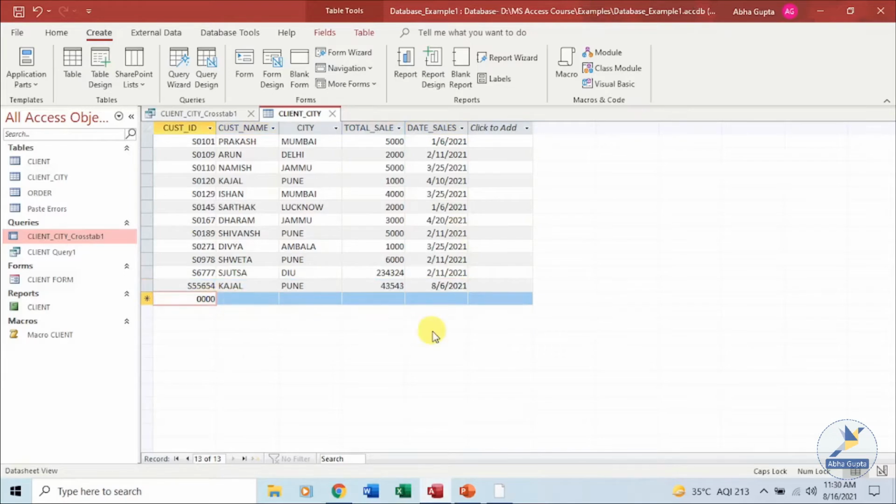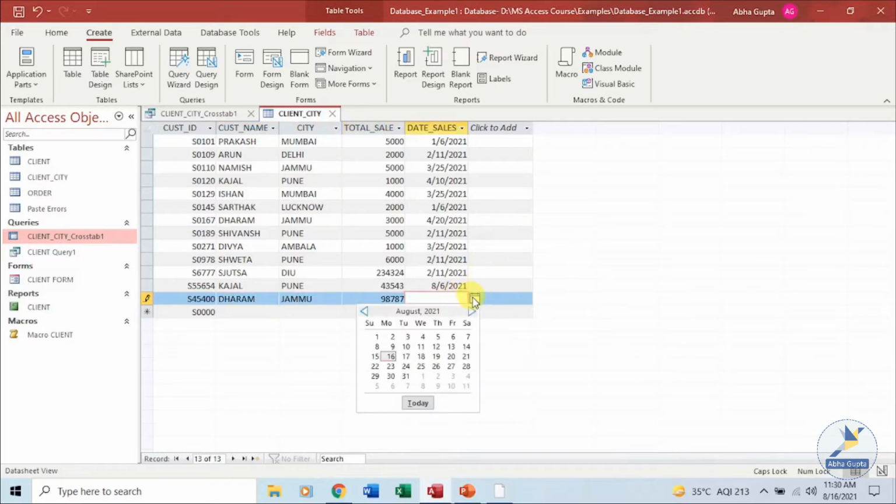Let's enter one more record, say we have Kajal over Shwet. Let's add for Dharma, and it's Jammu, say something like this, and a date over here, this date.